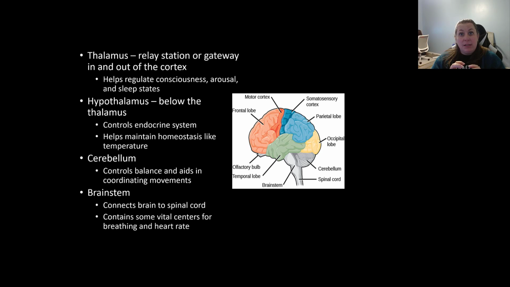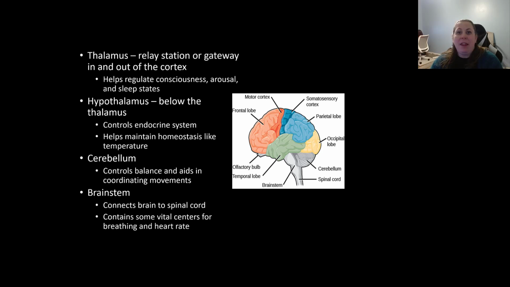So this homeostasis area is present in the hypothalamus. So temperature would be regulated, blood sugar may be regulated, things like that. The cerebellum is the back part of the brain. This is going to control balance, and it also aids in coordinating movements. This area is affected greatly by alcohol, and that's why a lot of these sobriety tests are testing for your